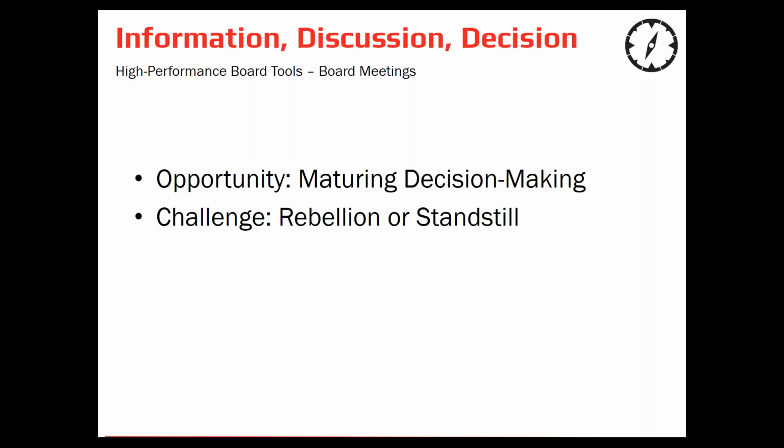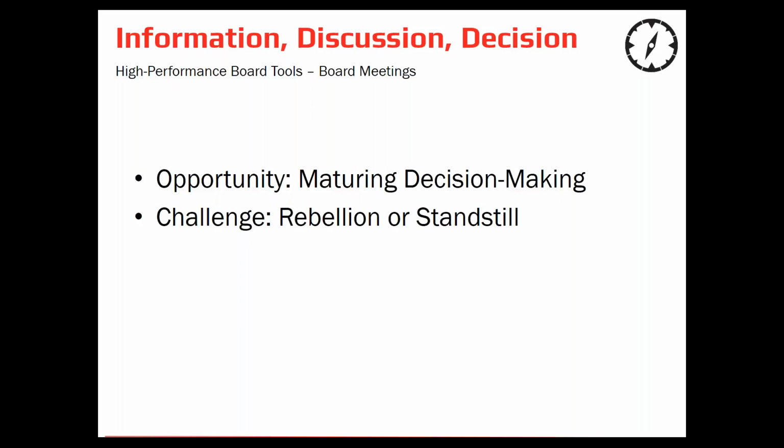The challenge of using this process or using the structure is that it can result in rebellion. Your managing director might think, oh, I've got to go through so many hoops to try and get a decision made. I'm just going to do it by myself and take the consequences, because what are they going to do after all? Fire me? I'm the major shareholder? Well, maybe if you breach the delegation of authority and it's a fireable offense, then maybe you're gone. So rebellion might not be a great idea, or can create standstill. Decisions just don't get made.